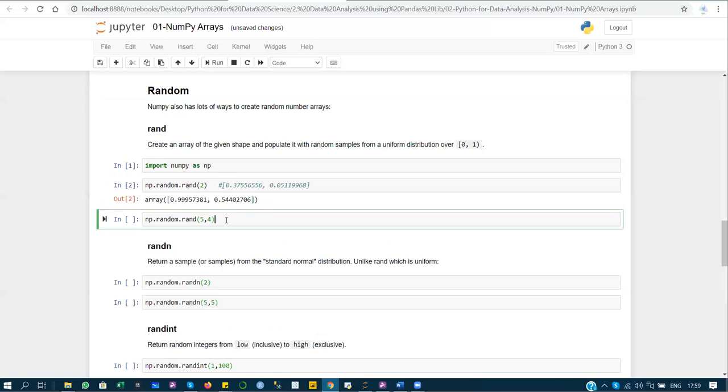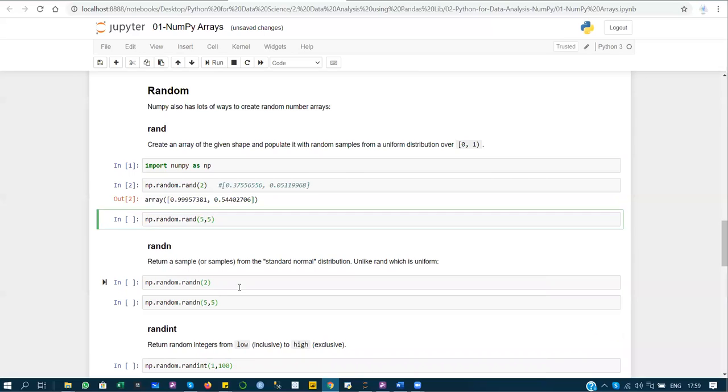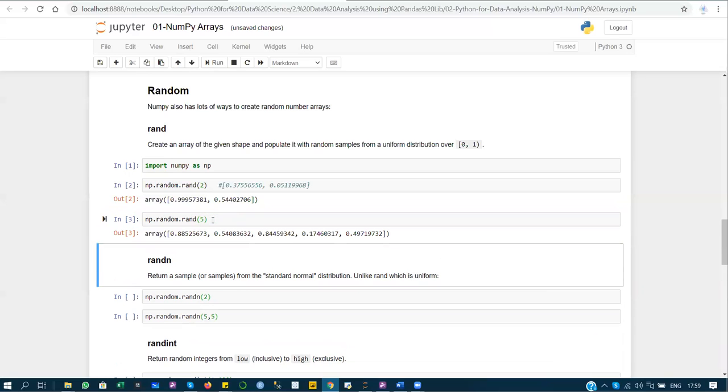Now I'm going to create a matrix. Here I am passing 5 comma 5. When I pass only 5, you can see that it gives an array of 5 elements, and all the elements are from 0 to 1.